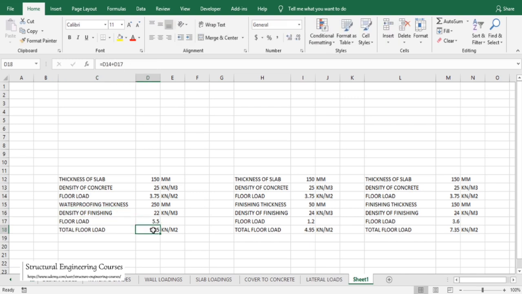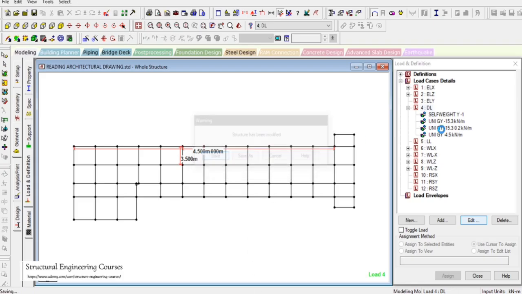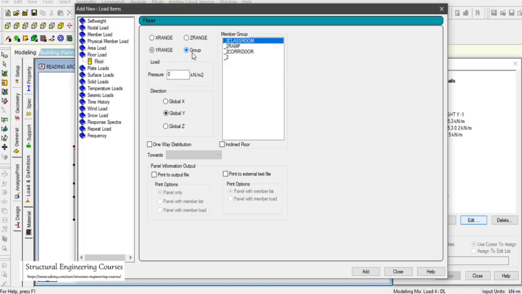So the weight is coming out in the range of 9.25 kilonewton per meter square. There are three values here for different floors. For a general floor, we need to enter 4.95 and 7.35. So we go to dead load here, left click on add floor load, and then we can left click on